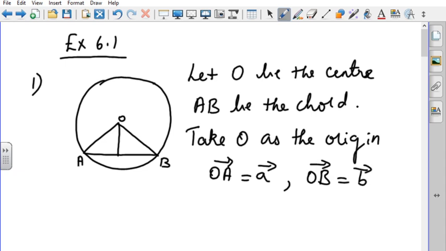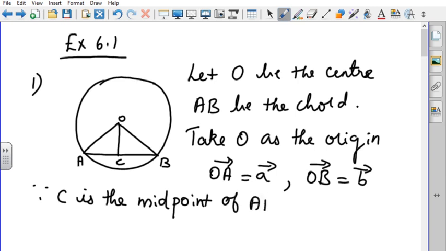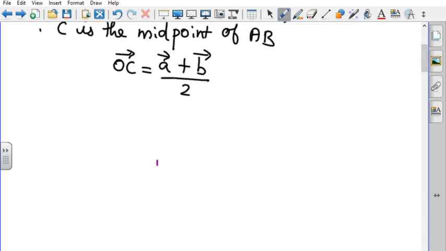Since we can mark this point as C, C is the midpoint of AB, isn't it? Since C is the midpoint of AB, we can write OC vector, the position vector of C, as A vector plus B vector by 2. Since it is a midpoint, we can write it as OA plus OB by 2. So that is A vector plus B vector by 2. Okay. Now